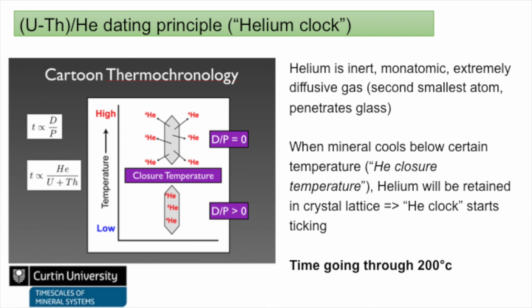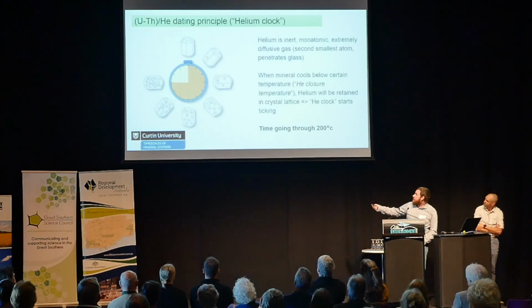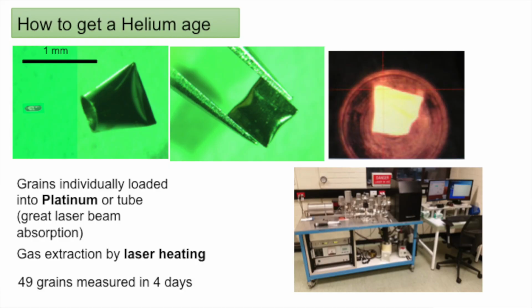Our clock has not started. It passes through a blocking temperature, cooling down, and it starts to accumulate helium. So at this point, our clock has started. So it tells us the time our crystal went through 200 degrees C. How do we actually do this? Well, we take our little zircon grain, we put it in a platinum